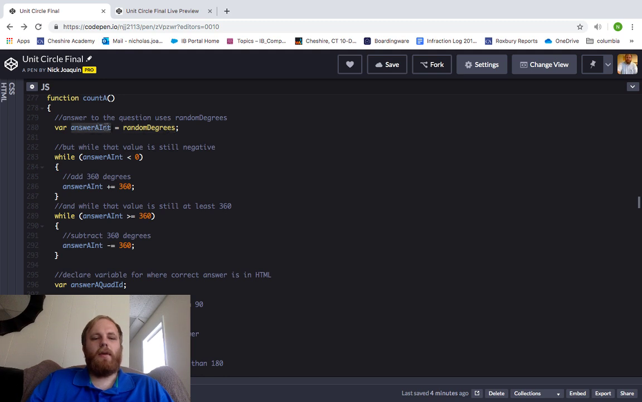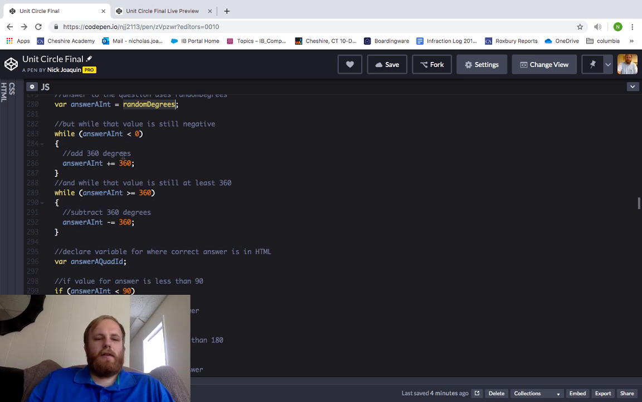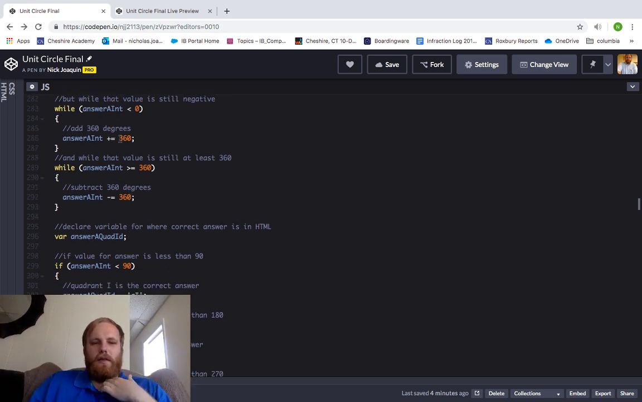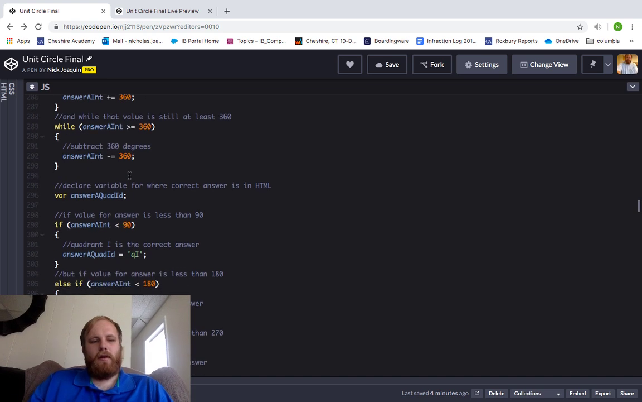So the number that I'm going to be working with, right, random degrees, I have to find out what quadrant it's actually in. So I say, okay, while it's less than 0, add 360. While it's at least 360, take away 360, right? And it eventually gets me to a number between 0 and 360, right? Based on it running through one of those if it weren't. So anyway,